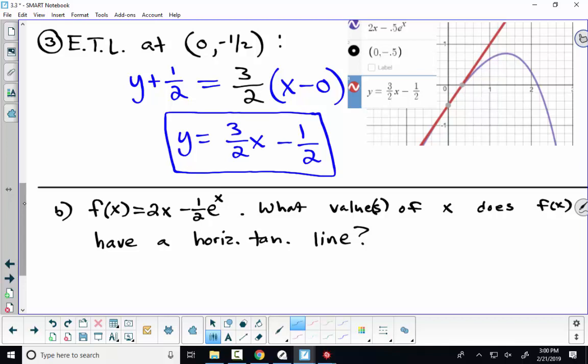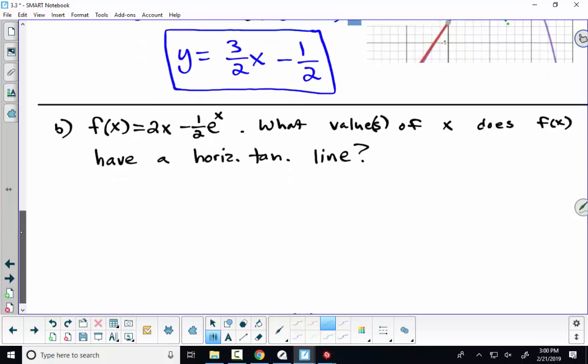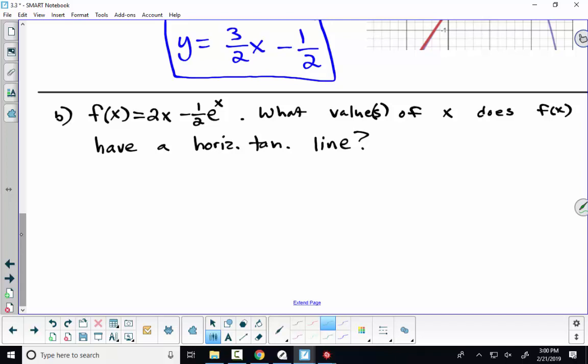What is this x value here that corresponds to that point that's here? So what is that x value? Yeah. And how do we find that? So you set the derivative function equal to 0. Equal to 0, right? Horizontal